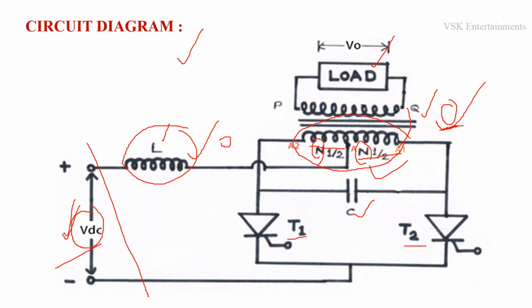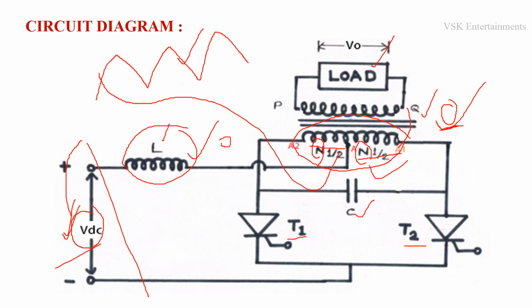The property of an inductor is that it does not allow sudden changes in current. Due to that property, the DC increases, which means charging of the inductor, and then decreases, which is discharging of the inductor. Increases and decreases, that is charging and discharging. This is the output of the inductor. This output is applied to the primary winding of the transformer. Then the transformer and parallel inverter work for DC.